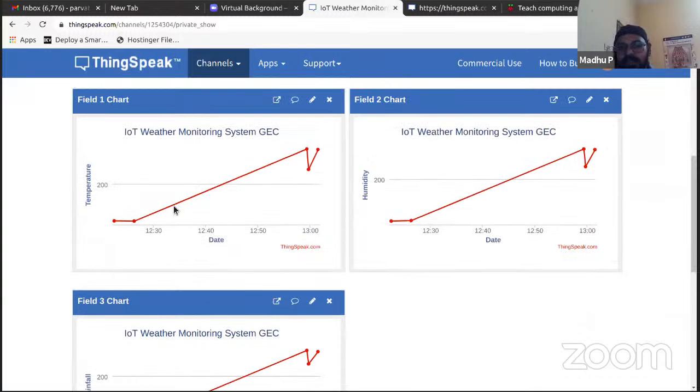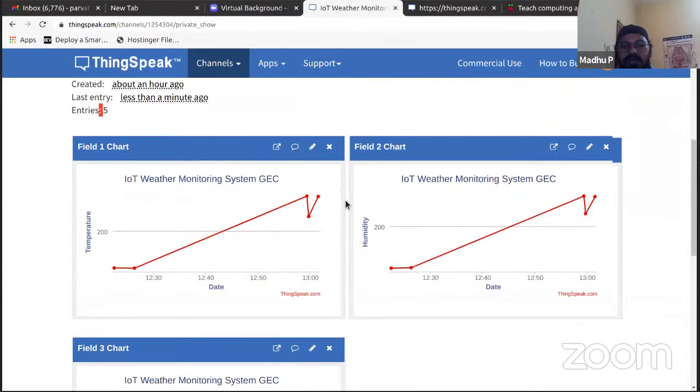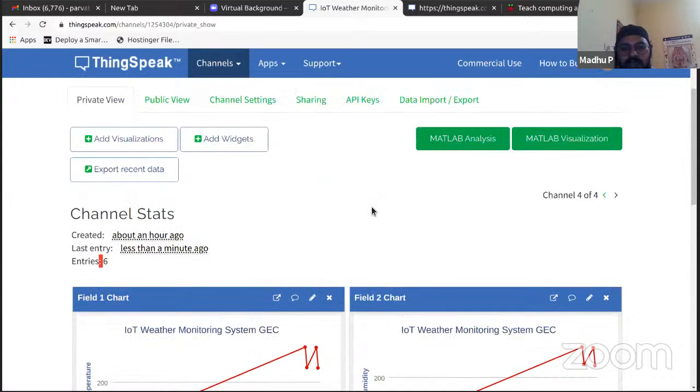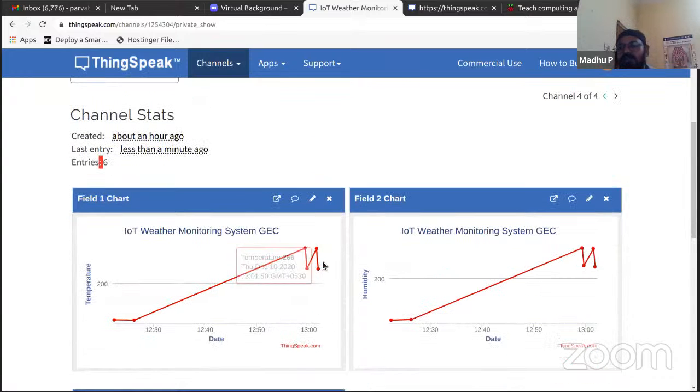You can see the graph has changed. It will be changing rapidly. Dynamically the values are being uploaded, right? It keeps plotting on the line graph, with a bit of delay. For every 4 seconds it keeps uploading the data, so you can see the dots on the line graph, on the visualization plugins. As of now, the data is constant, but it may change according to the environmental factors, so you cannot change it